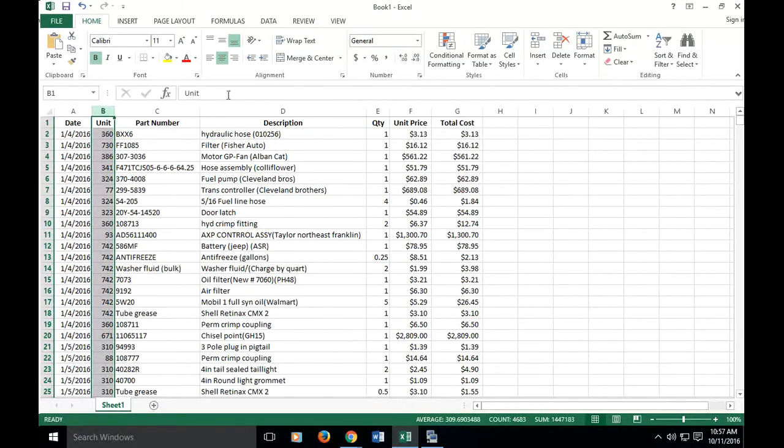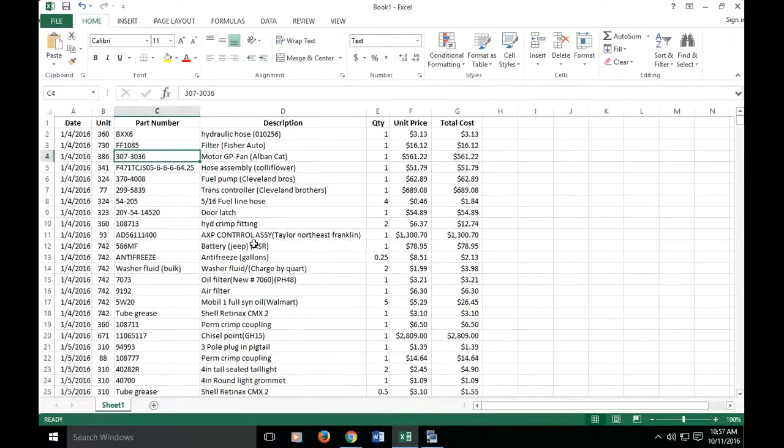So if I highlight the whole column and click our little center button again, I have to click it a second time because I've already had that set up. But now it's centered our equipment numbers. And it looks pretty decent. One thing that you'll find at times is, say I want that to be the word quantity instead of just